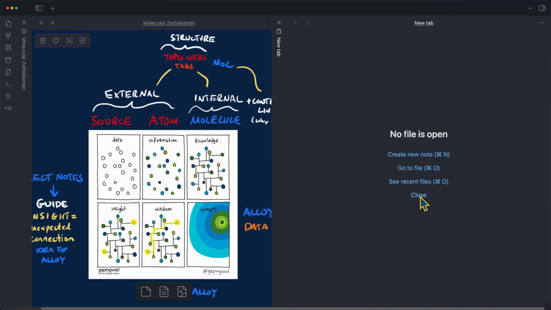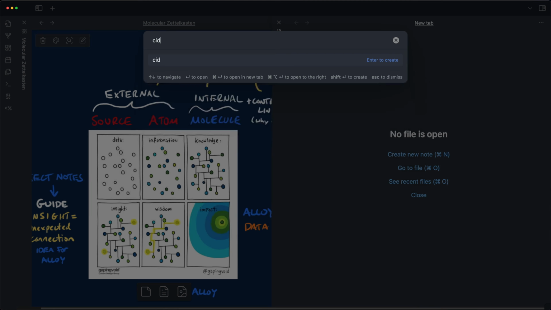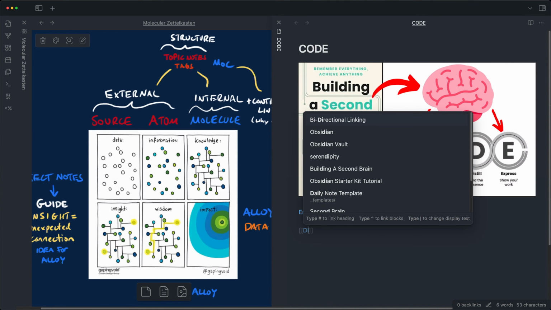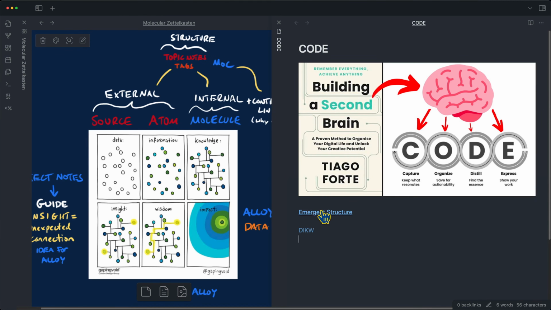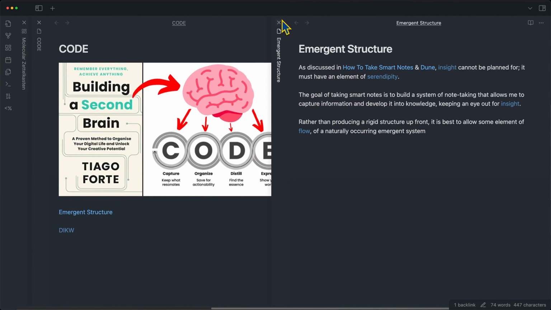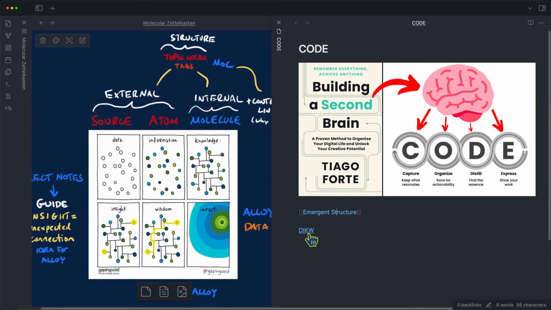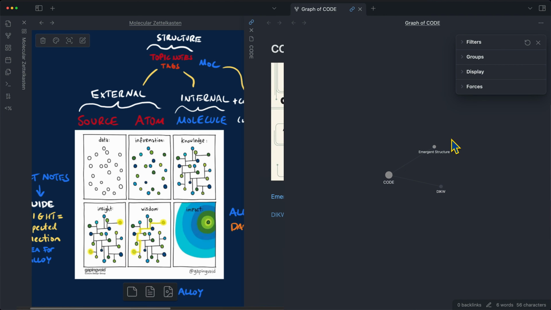For example, if I were to go to one of my existing notes, like the code note, and I wanted to create a new note called data, information, knowledge, wisdom, you can see here that there's a difference in the color. This emergent structure is a note that I have already written in, but this data, information, knowledge, wisdom note is a ghost note. It's one that doesn't have any information in it. It's kind of like this data point where it's a blank note that doesn't have any color. And if we look here at the local graph, you can see here that the emergent structure note is filled in. It looks more like one of these information dots than the data, information, knowledge, wisdom note, which is just a grayed out note, a ghost note.